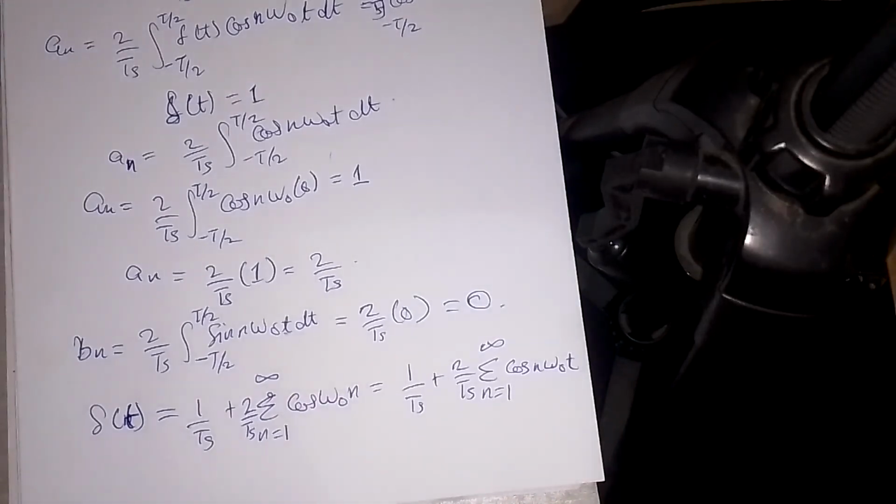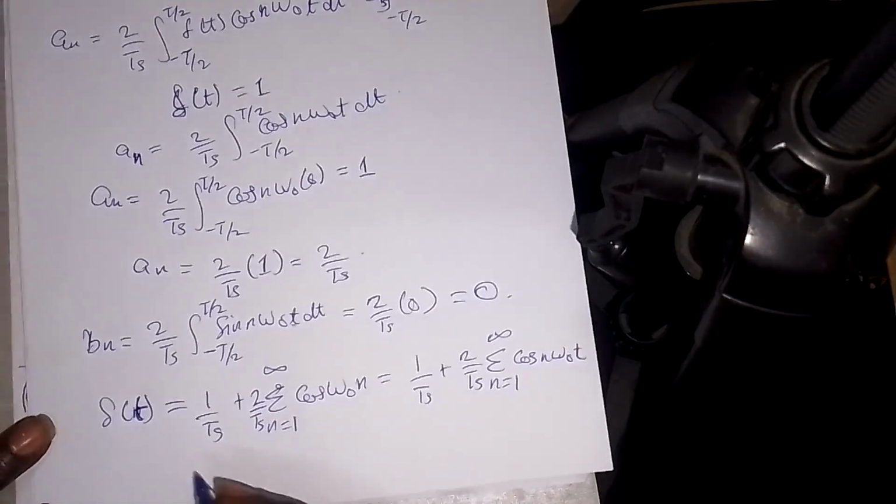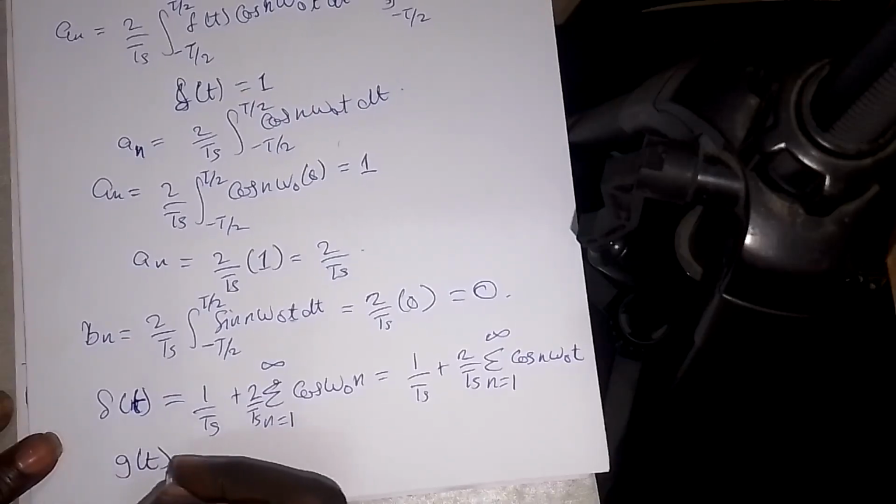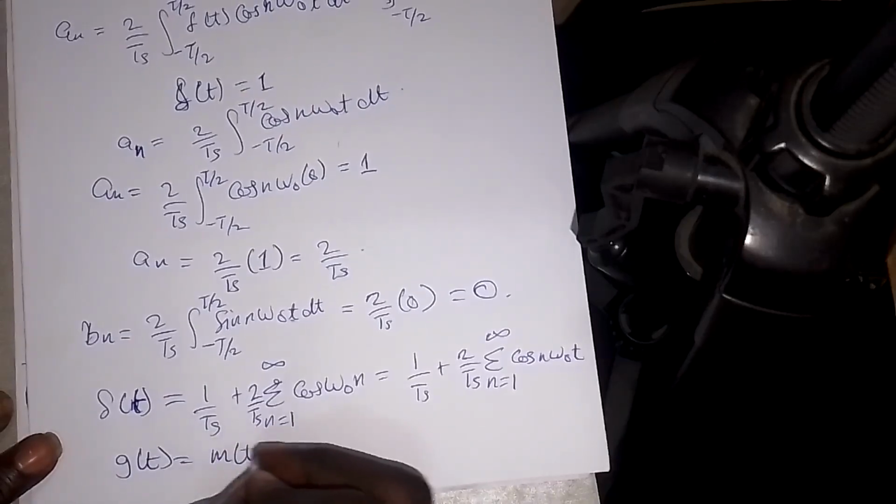So now this is how I'll be able to set my impulse train value to multiply with the message signal, so that it will give me my g of t, which I will use for the analysis. Knowing this, we can proceed to find our g of t. We know that g of t is a multiplication between the message signal m of t and